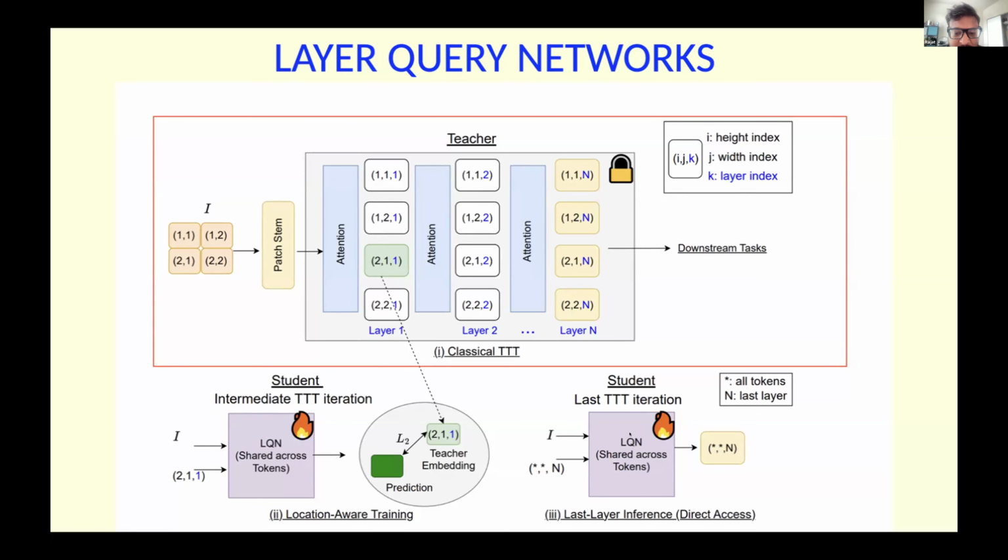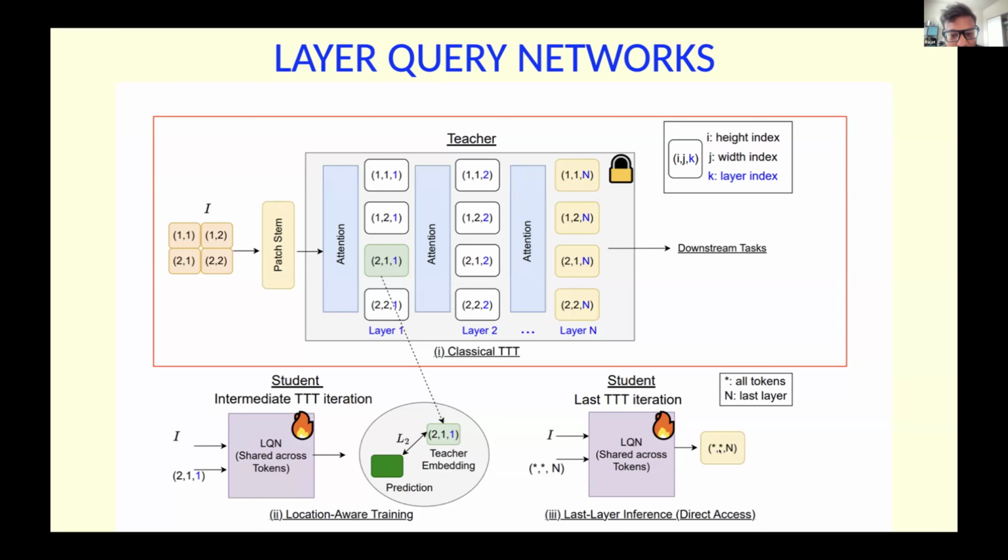And then during inference, you can query it with only the last tokens. You can query it with these 4 tokens, and it will directly give you the answer at the last layer. So that's our method. If you think about this, this is actually bypassing deep learning also, because in deep learning, your assumption is that if you want to compute what's at the last layer, you have to pass through all the layers sequentially. But in this case, during inference, you can directly query it with the last layer, and it will directly spit out the answer which is at the last layer.